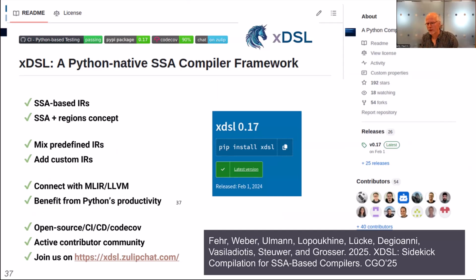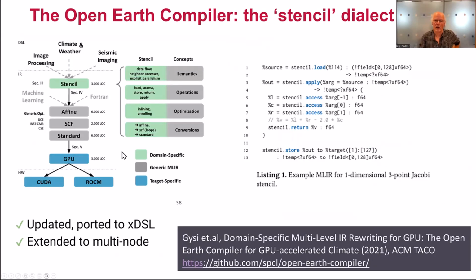XDSL is sitting there waiting for you to give it a try. There are tutorials, there's a user community that I'd encourage you to join or play with some of their tutorials and see how it goes. In Imperial architecture, the starting point is the stencil DSL, so somewhere in the middle, there's some code that actually does the arithmetic of your stencil, and in real examples, this will be more complicated. The important thing is this access descriptor here that describes how the data is fed to this kernel from the grid, from the mesh. And this is what encodes the stencilness of a stencil.